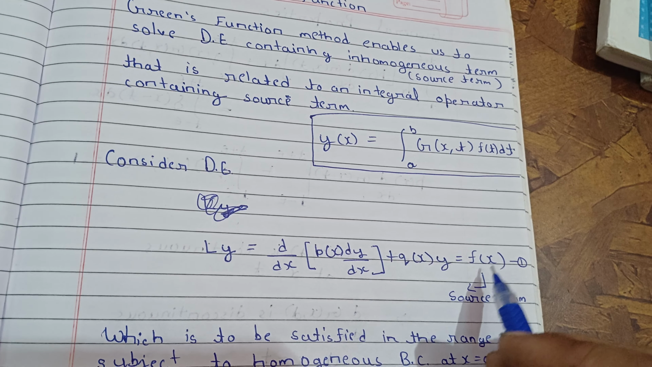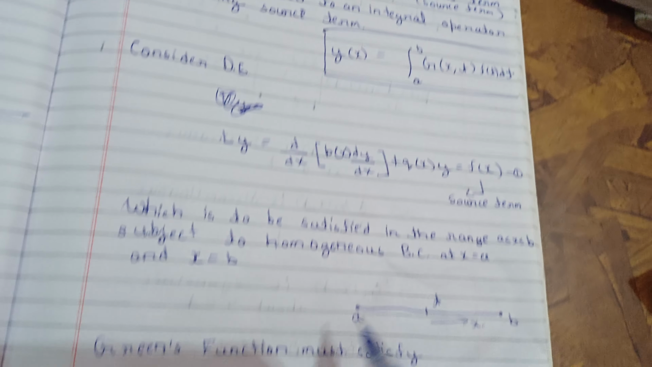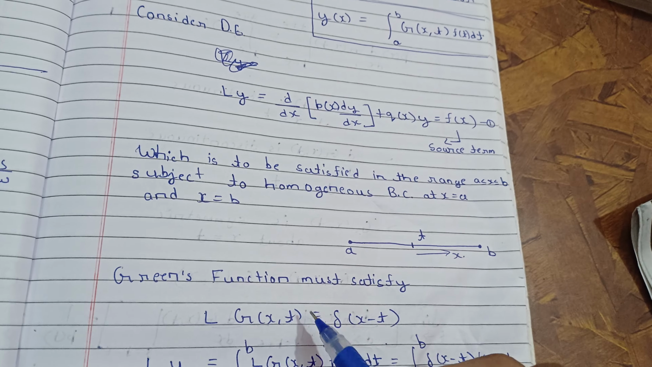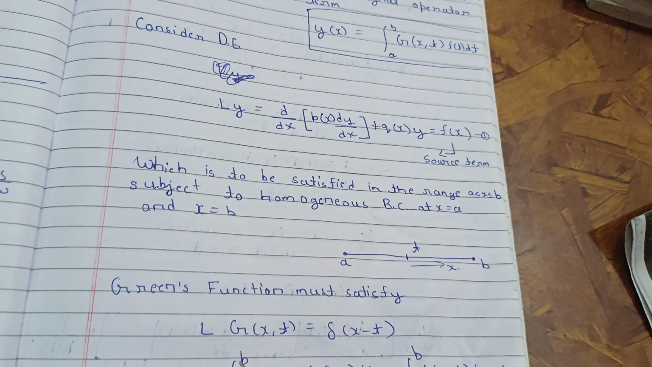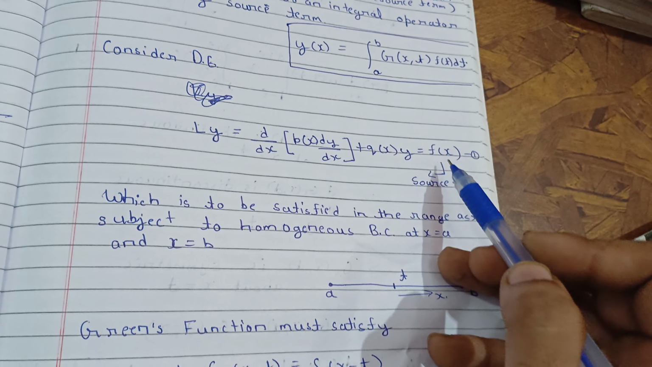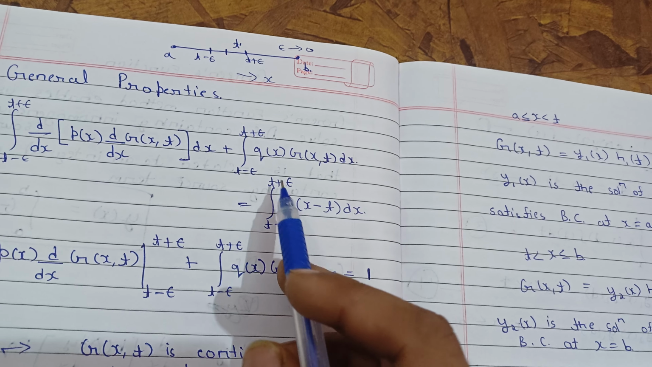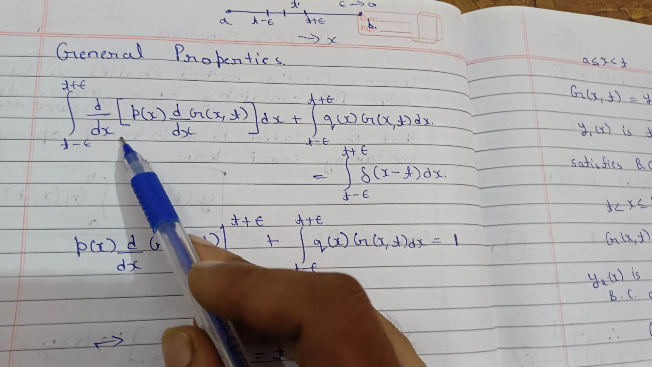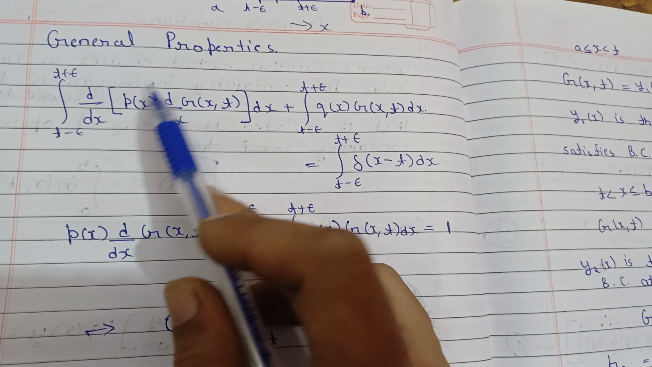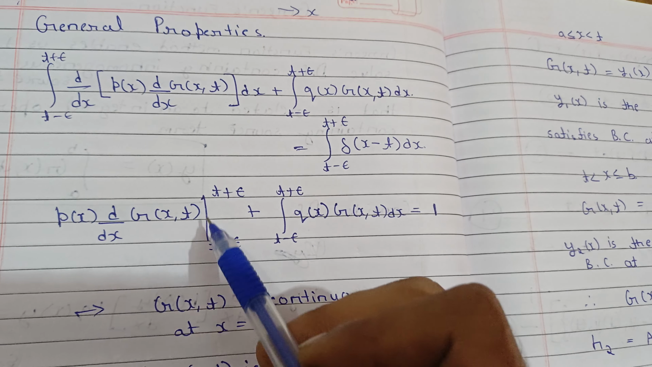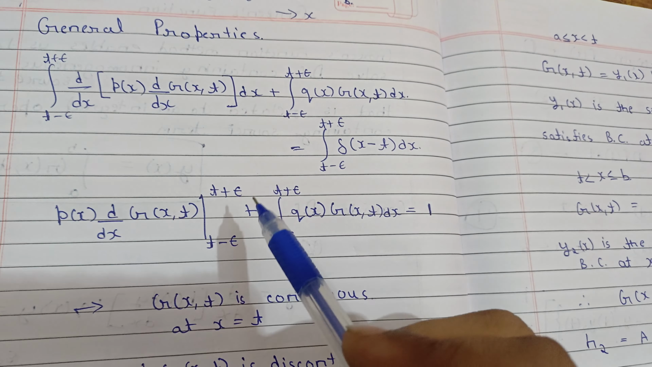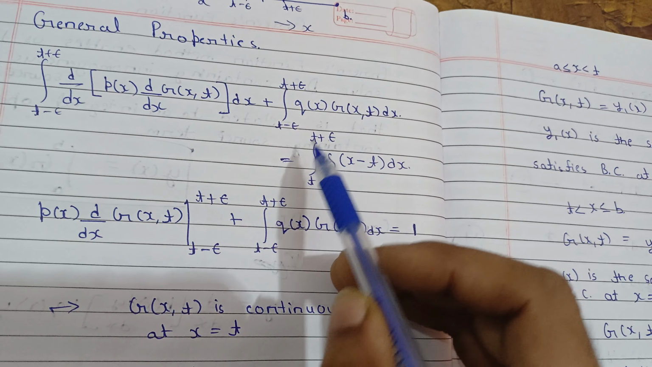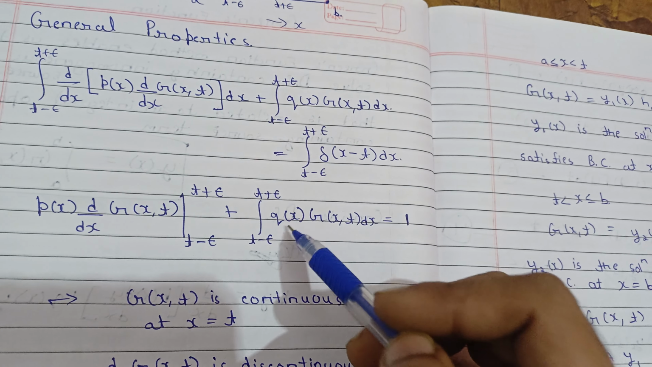Now on the right hand side, this f(x) is nothing but L g(x,t), which we defined already. This L just represents that we are writing this equation in terms of y or g. So we are writing in g, and that's why this f(x) will be the Dirac delta δ(x minus t), integrated dx from t minus epsilon to t plus epsilon. Now see, this is differentiation and integration together, so this will give you again the same value p(x) d/dx g(x,t), with limits t minus epsilon to t plus epsilon, plus